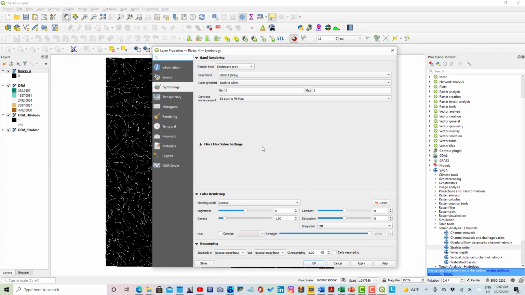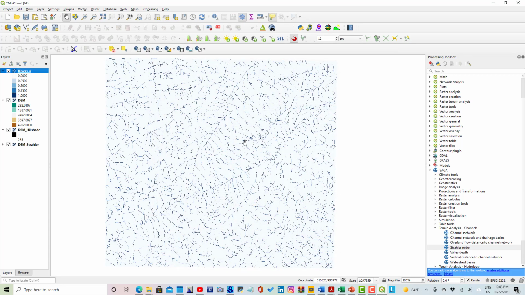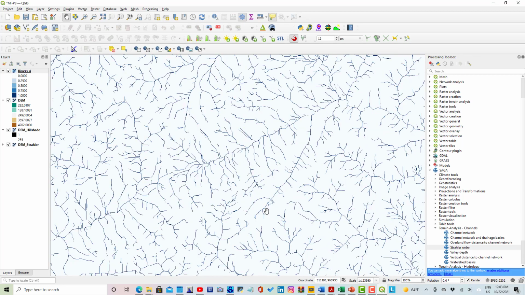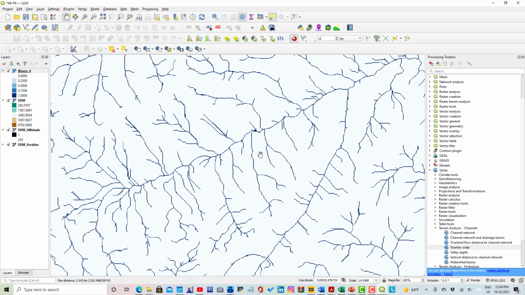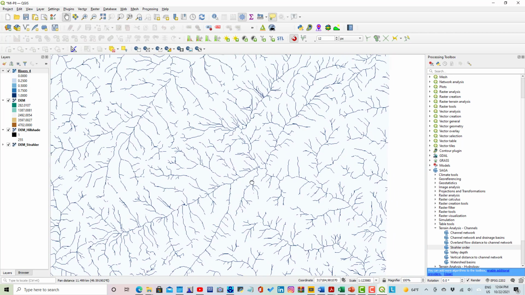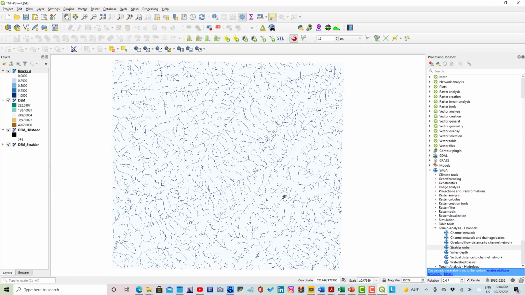Rivers 4, double click. We're going to change the symbology, single band pseudocolor. Apply. Okay. Now we have the drainage network, but with a good detail that we can see the different rivers in the whole digital elevation model that we are using. Okay, the next step now is